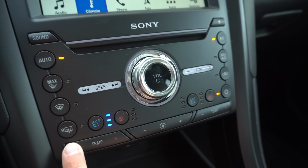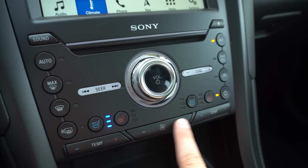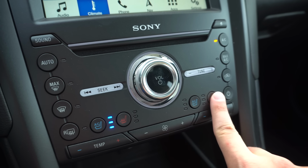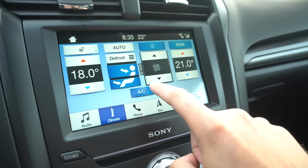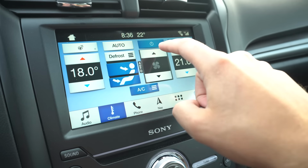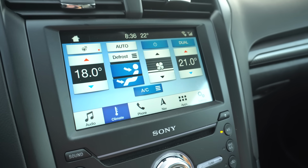They are, actually. What it doesn't have is full climate controls. Yeah, it doesn't. It actually just has a couple buttons, not everything. So you can only do certain things: auto, temp, and fan speed. But say I turn my fan speed, where do I want my vents to go? I need to click the infotainment to go to climate and then use that system. Exactly, which still kind of sucks. And the part that sucks, just like every other Ford Sync system, is your heated steering wheel is in the